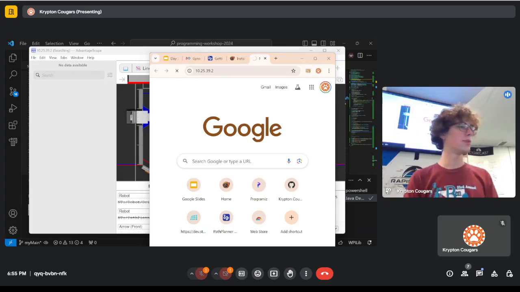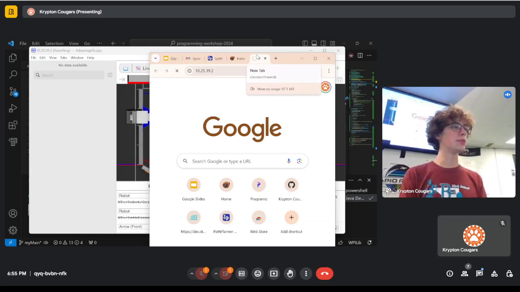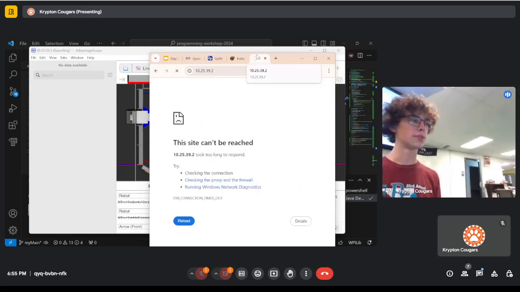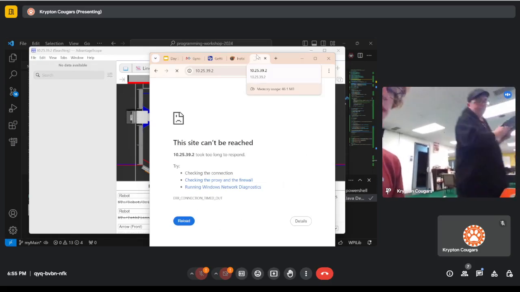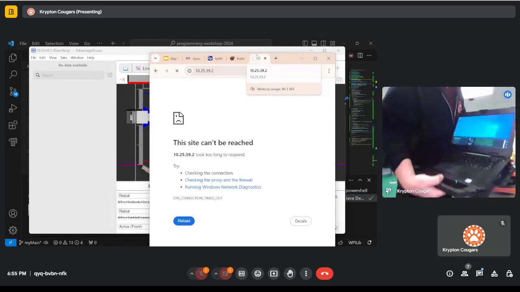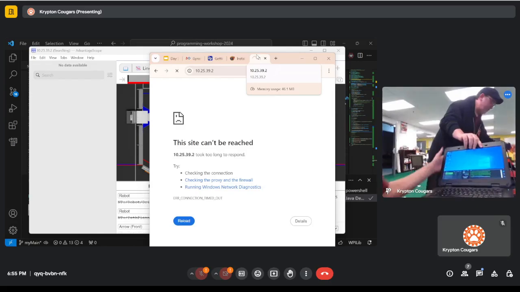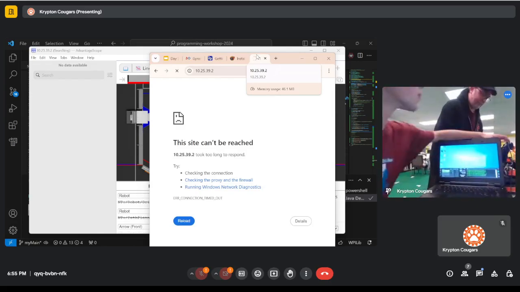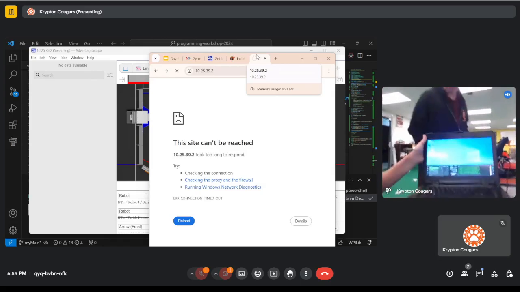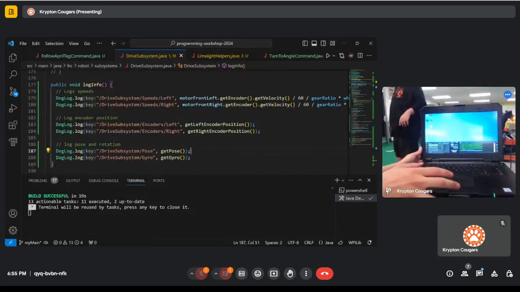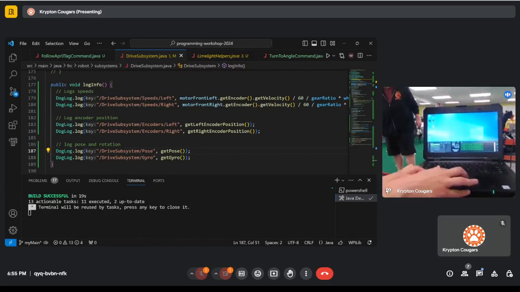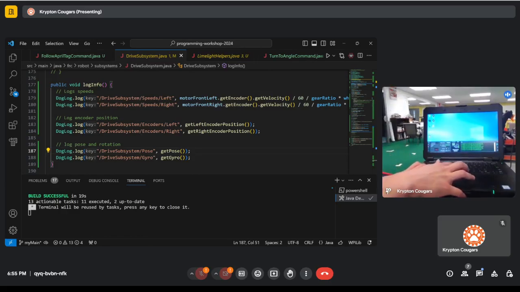So yeah, unfortunately, we are not getting a connection here. So we're going to need to show this on a computer that can actually connect to the robot. So sorry for this screen-on-screen stuff again. Hopefully you can kind of see the computer. But right here, this is connected to the robot. We're connected via the driver station. If we open up Advantage Scope,